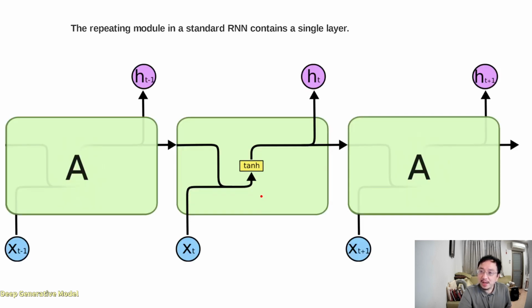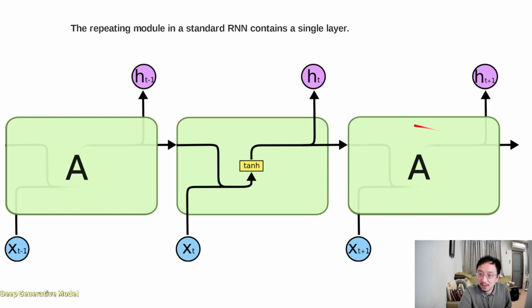So this one is the standard RNN architecture. Let's investigate the architecture and the structure and see what happens when we train these